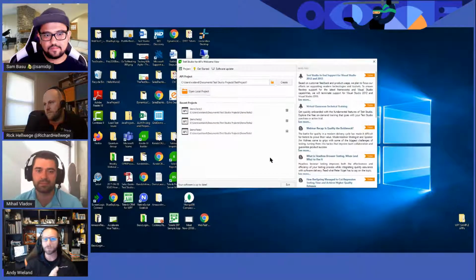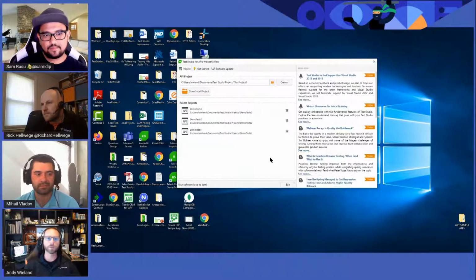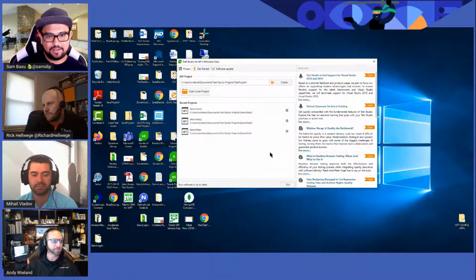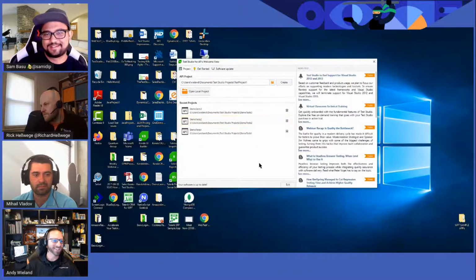So there's really 2 different executables, one that goes to the TestStudio for APIs and one that goes into the TestStudio we've been showing you that covers the web and desktop and load testing and so forth. So API, I have not seen this. Is this a standalone app? Yeah, this is actually dog fooding. You caught me. TestStudio is built with our own WPF controls. It's a WPF desktop application. So nice. You may recognize some things from that.